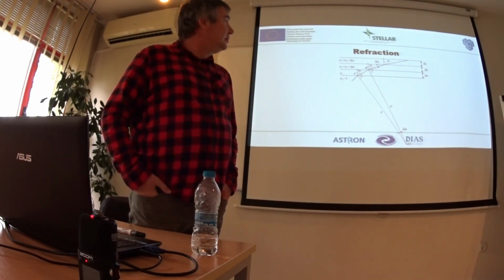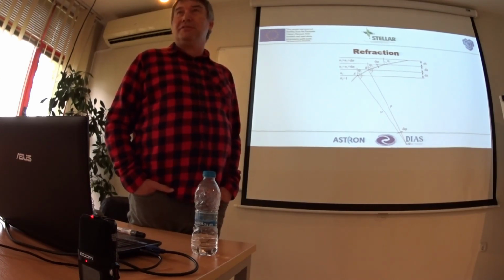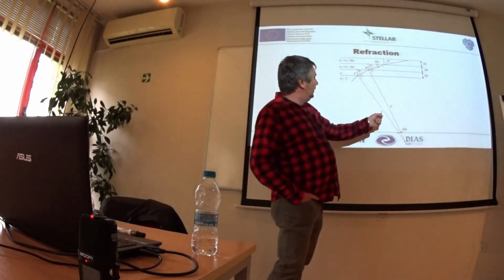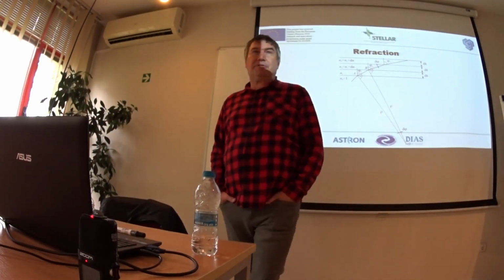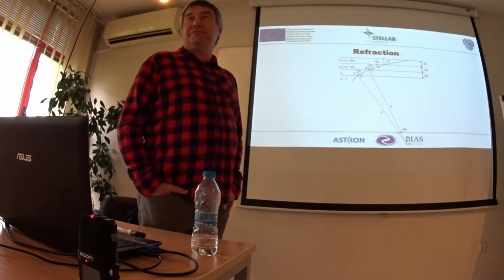So this is 4 to 8 times bigger, but in some cases it is different. We will see this. And this is the radius of this curve, that is the radio wave path